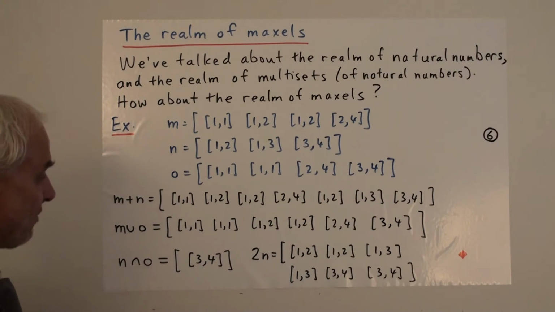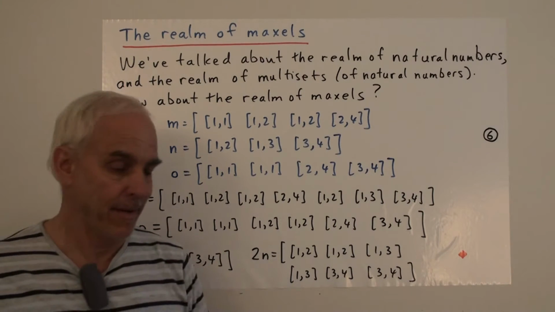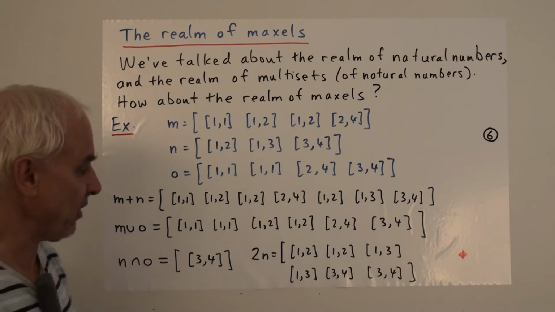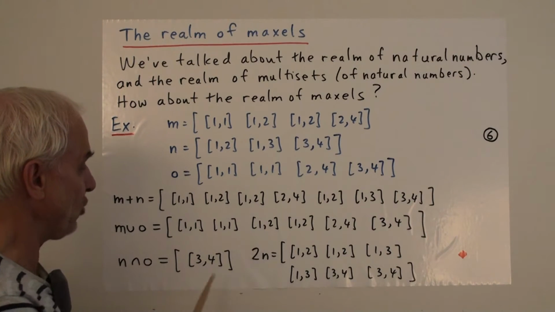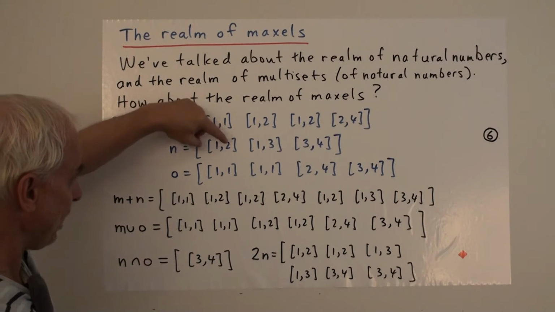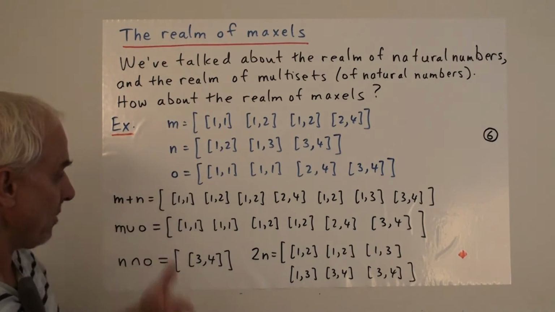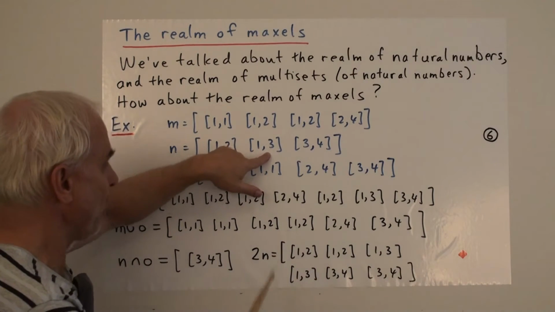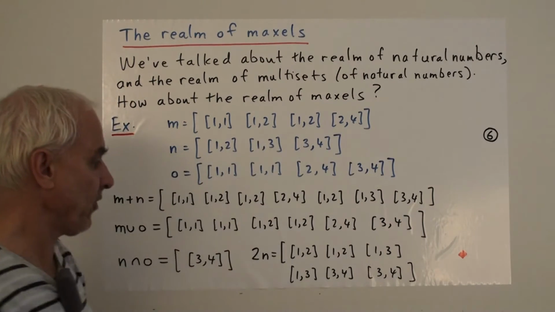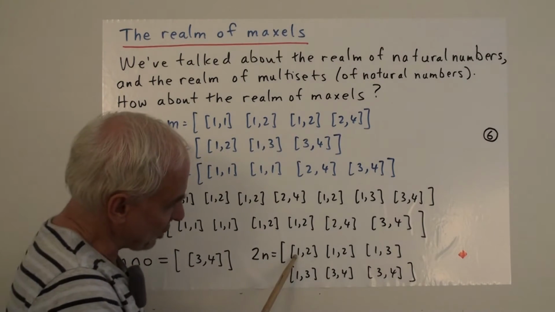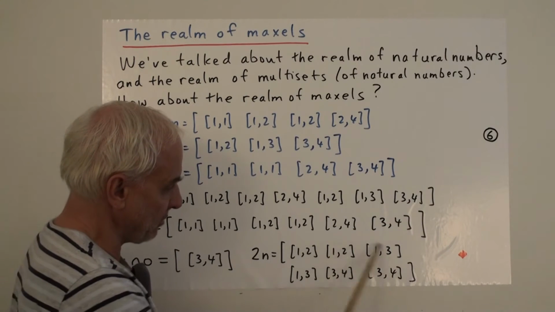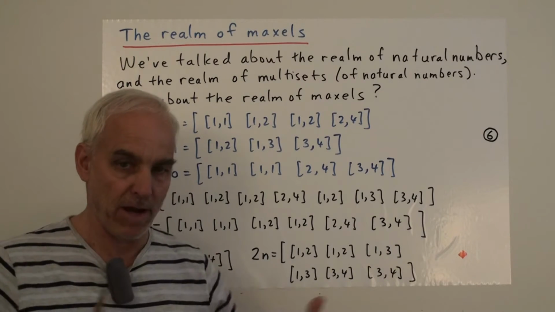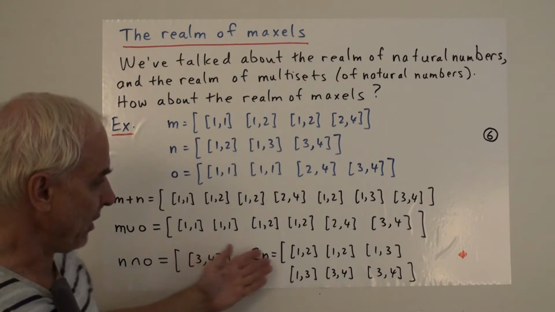And something else that we can do in terms of operations with our multisets is multiplying them by a scalar. So if we take N and multiply it by 2 to get 2N, that just means we're repeating each of the pixels that are in there twice. So there's a 1,2 here, so there'll be two 1,2s. There's a 1,3 here, there'll be two 1,3s. There's a 3,4, and there'll be two 3,4s. And this is generally the convention that we'll use for these multisets, that if they need to wrap around, we'll just wrap around like this, and you're supposed to remember that there's a left bracket there and a right bracket there to enclose the maxile altogether.